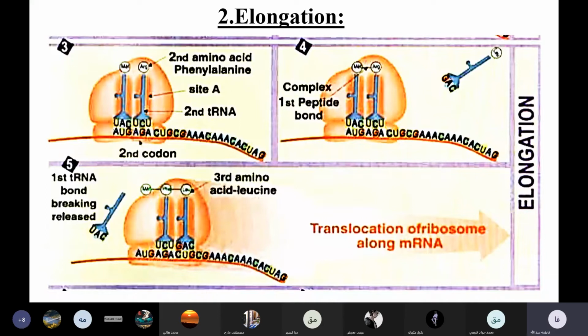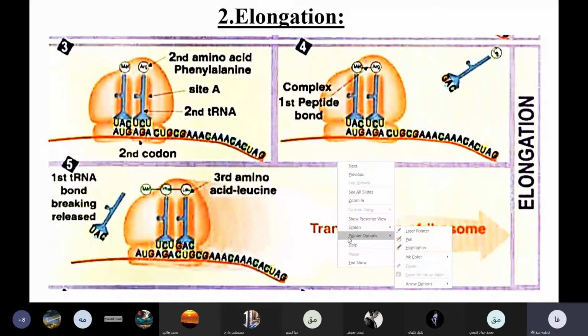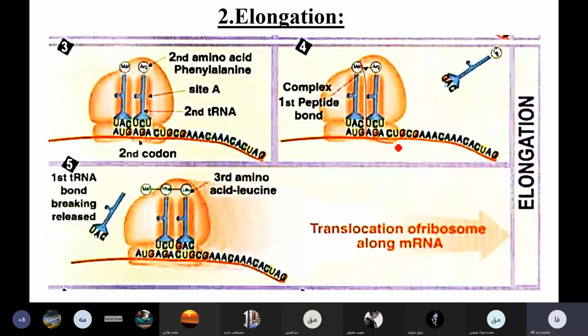Once both are occupied, there must be formation of a peptide bond, because I want to get rid of this transfer RNA. But I am required to take its amino acid. I don't care about the transfer RNA, I care for the translation. So there will be formation of a peptide bond between these two amino acids. Then the ribosome will move one codon. When it moves one codon,